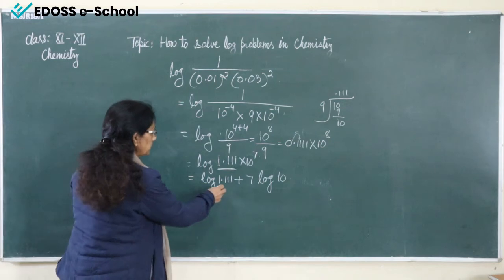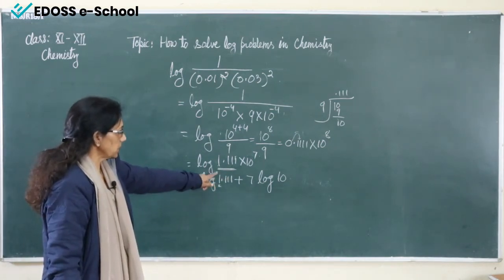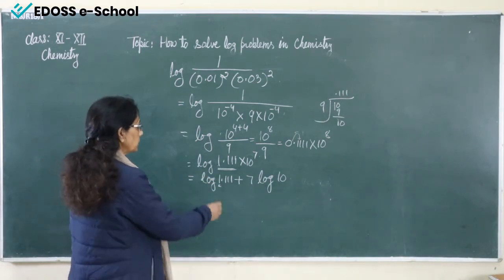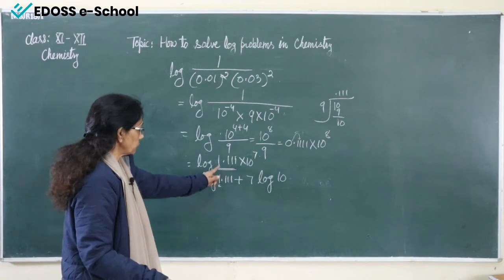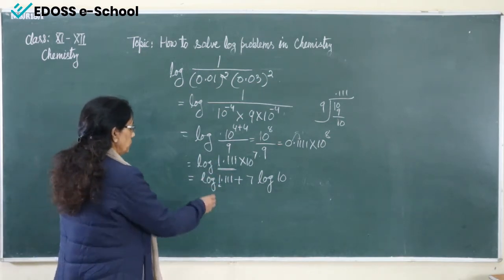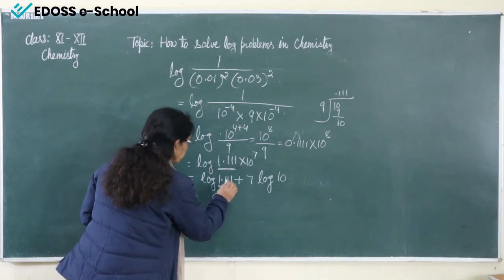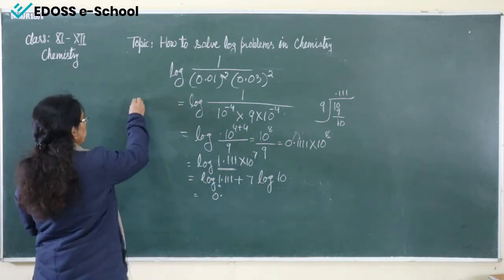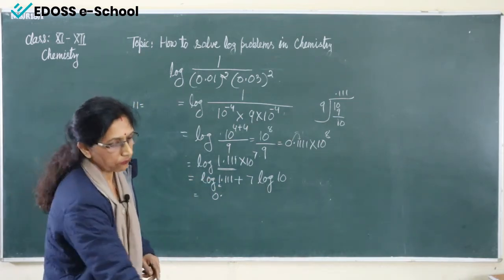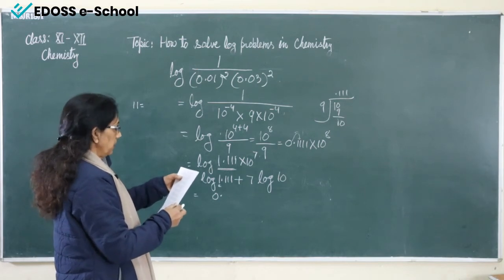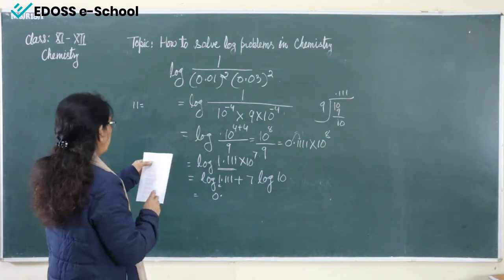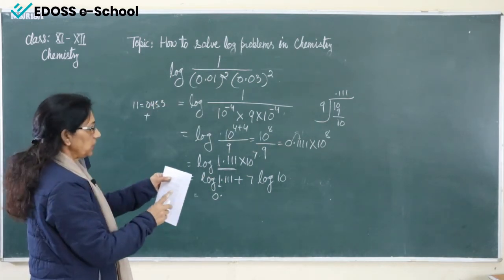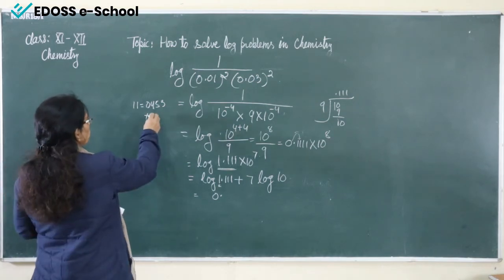Okay. Same way, you can find the characteristic because the number is greater than 1. So this will come 1 minus 1, which is equal to 0. So this will be equal to 0. And 11 you have to see at 1. Okay. So with the help of the log table we can see this is log table 11, and at 1 the value is 0453. And again it is 1, so the mean difference we will take here, this is 4. So we will add here 4.